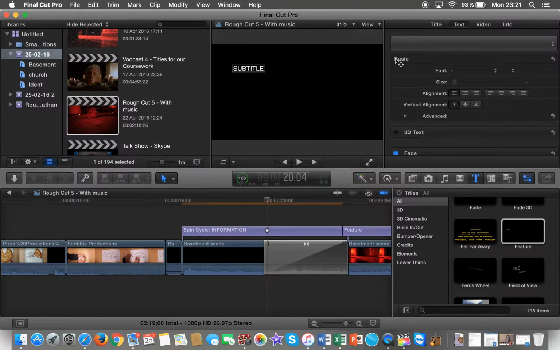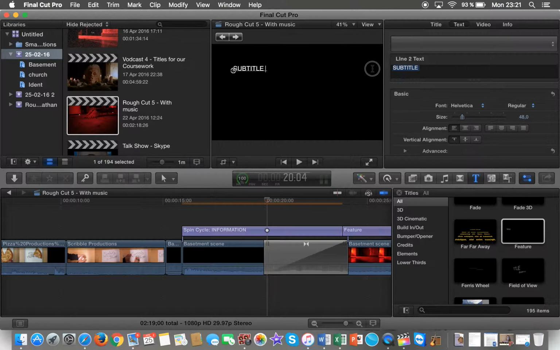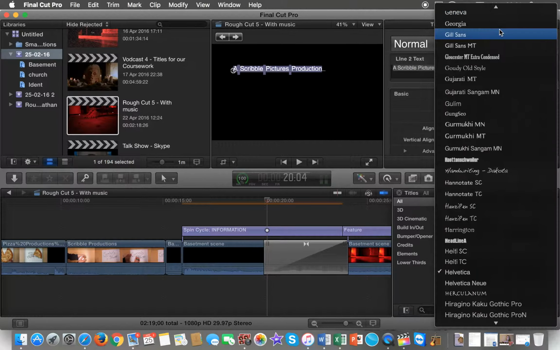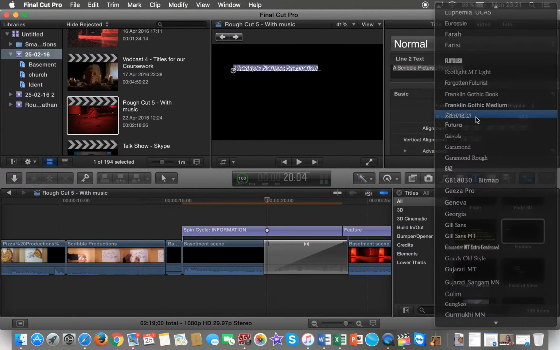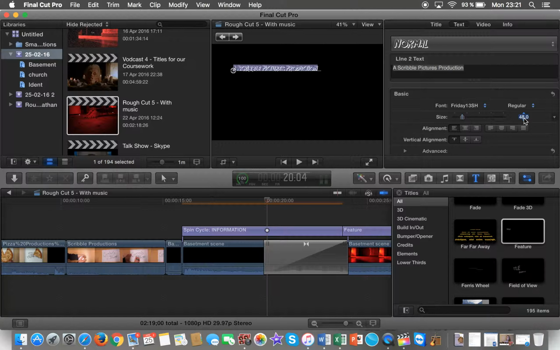Subtitle, click on it again, comes up here, and again, you change it. So it goes quite fast and easy once you get the hang of it. It's also quite fun to do because you can work around with different kinds of fonts. But like I said, we chose this one to compare it to Friday the 13th. Then there's the last one, which is information. We're going to change that as well to